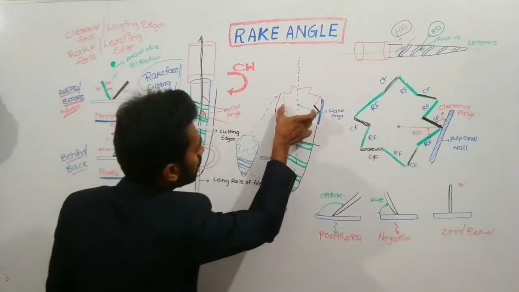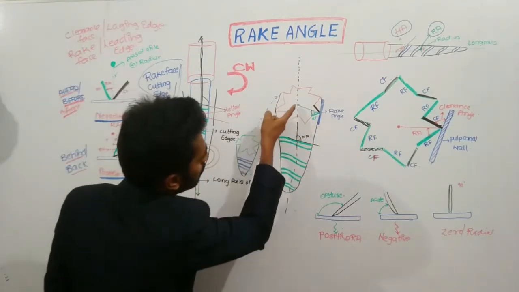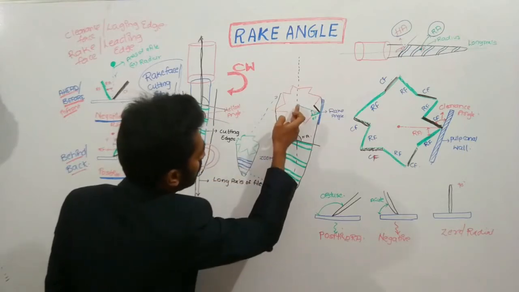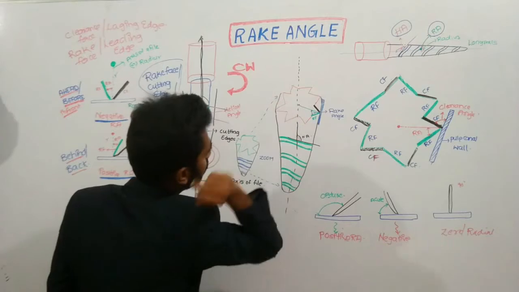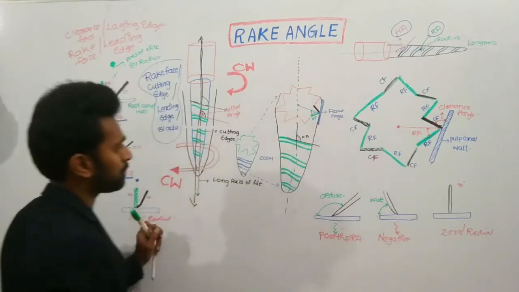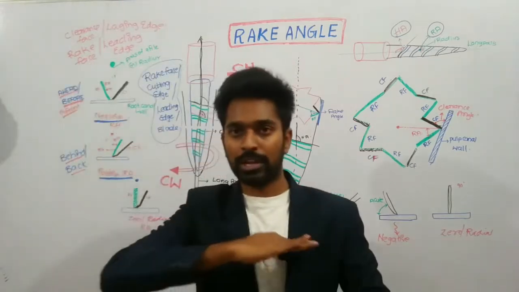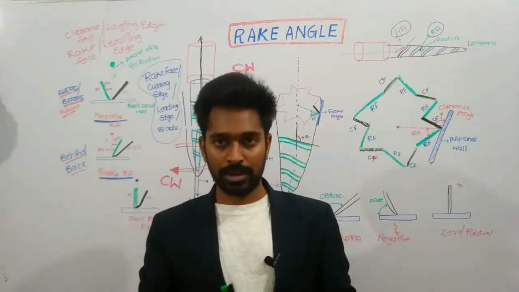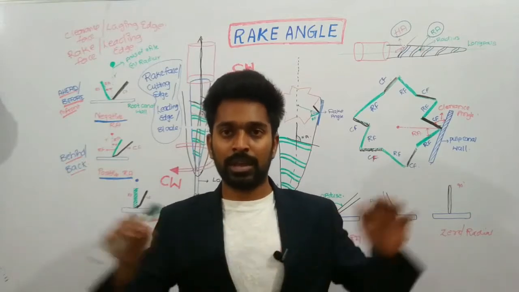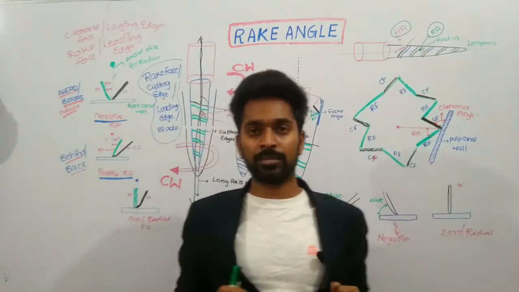If you observe this cross section, this is the radius of the file. That means the line running from the center of the file toward this end is called the radius of the file. In the same way, imagine this is a circle and if you take a cross section, this will become a diameter, right?